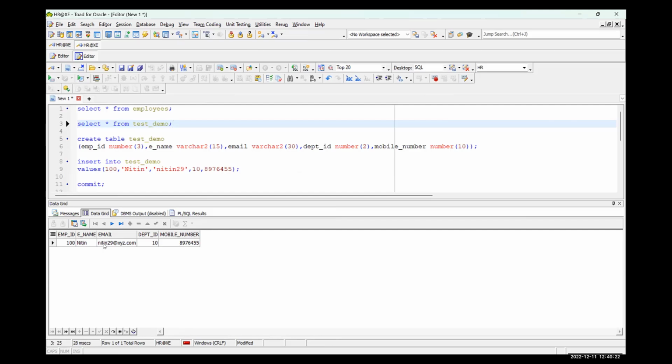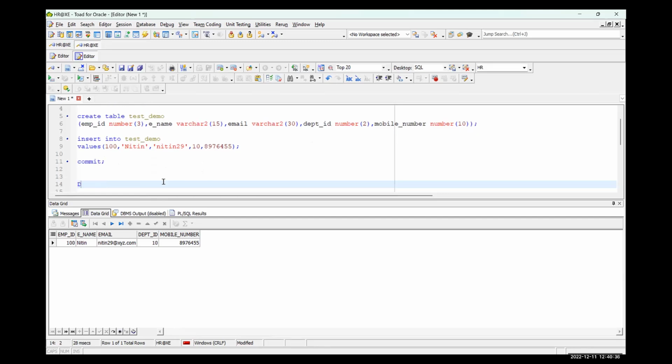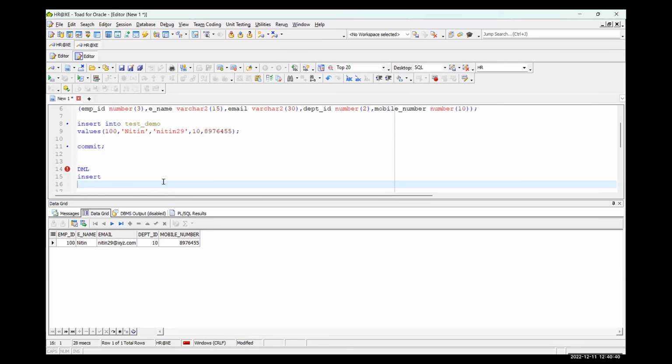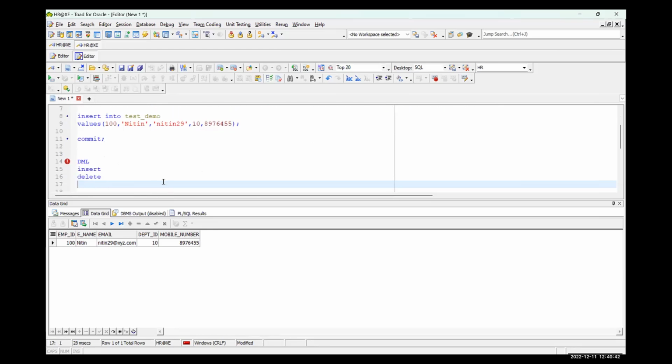The merge command in DML, we will check at a later point in time. We will start with the actual lecture. Now I have made the changes, I have updated the table. So this is how we covered three commands from DML: we inserted, we deleted, and we updated the data. We were left with merge only, so we will cover merge in the actual lecture.